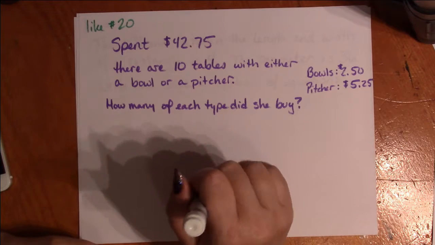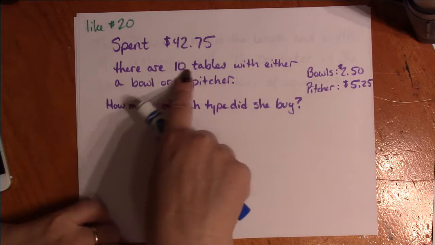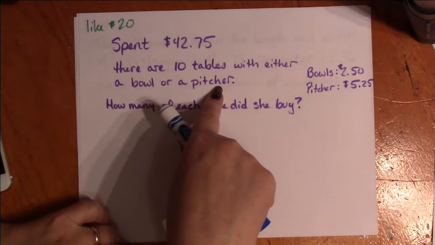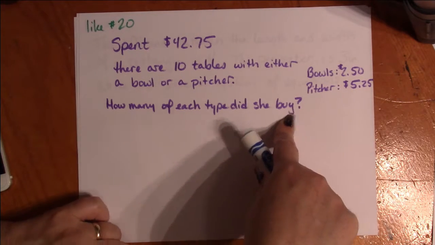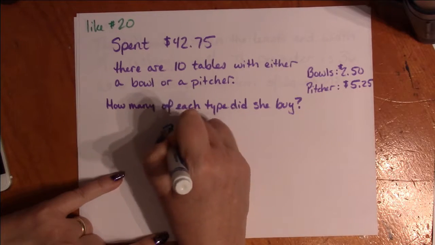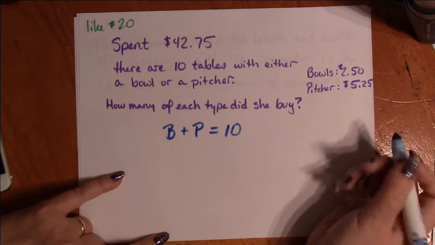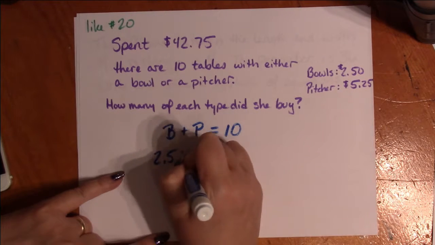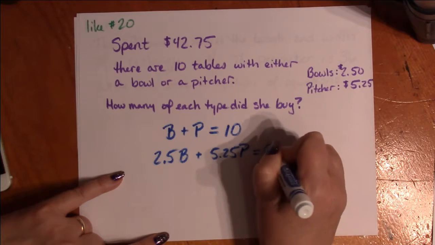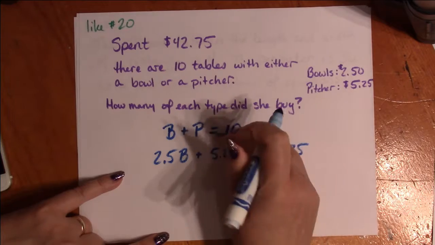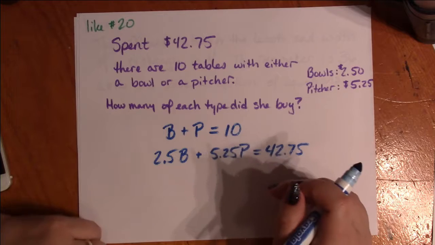In looking at a problem like number 20, let's say we spent $42.75 on centerpieces. There are 10 tables with either a bowl or a pitcher in them, and it tells you how much each of these are. How many of each type did she buy? Well, she bought bowls plus pitchers, and that equaled the 10 tables that she needed. And 250 times the bowls plus 525 times the pitchers is going to equal 42.75. These are the two equations that you're going to use to set up so that you can solve using